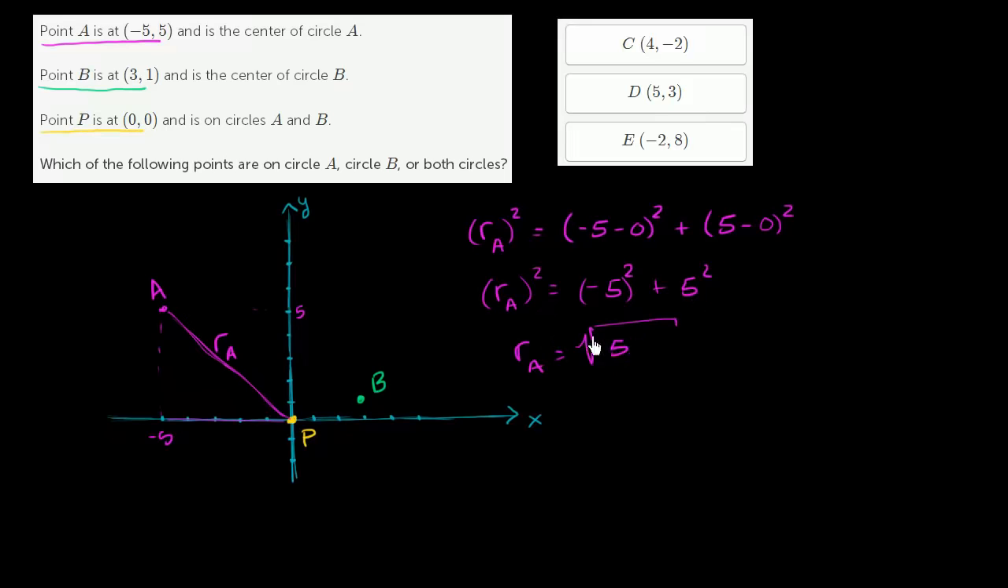50. 50 we can write as 25 times 2. So this is equal to the square root of 25 times the square root of 2, which is 5 times the square root of 2. So this distance right over here is 5 times the square root of 2. Now I said this is just the same thing as the Pythagorean theorem. Why? Well, if we were to construct a right triangle right over here,